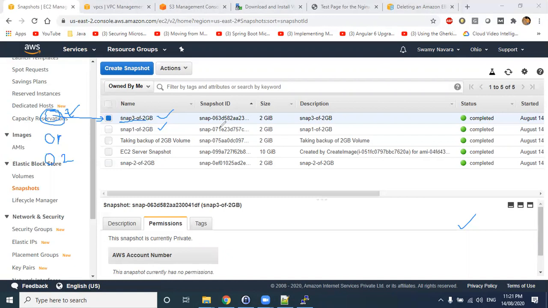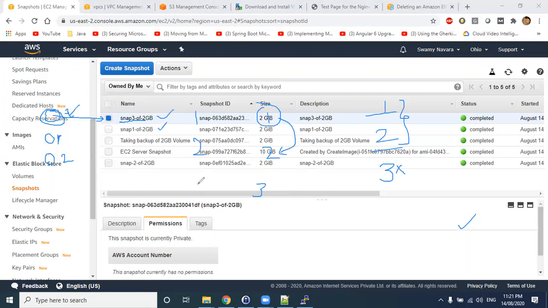See, the third one is the highest one, say 1, 2, and 3. Let's assume you're deleting this one, but these 2 are still there, right? So these 2 will contain whatever data they have. But in another case, 1, 2, 3, if you're deleting the first one, this first one's data will be moved to the second one. Still 2 and 3 are there. So when you take 2 or 3, both the data will be available.